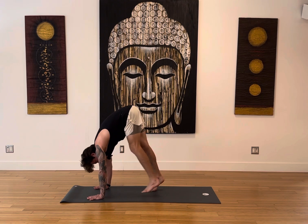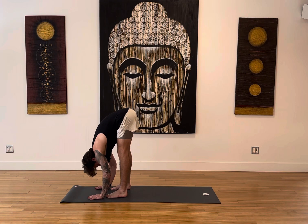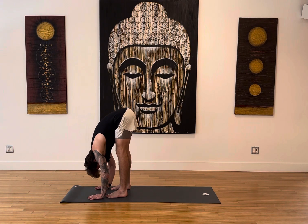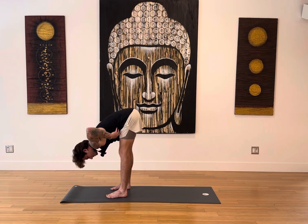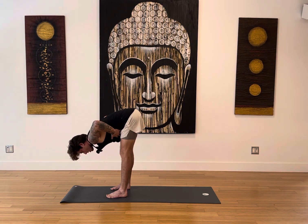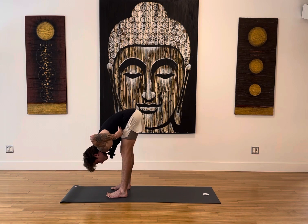A few steps forward, feet are gonna land behind the hands. Now, forward fold, we just allow the torso to drape over the tops of the thighs, the head, the neck, and the shoulders hang heavy in space, lengthening through the backs of the legs, just letting gravity pull you closer and closer into yourself. Now, we can think about the position of our low belly and of our ribs. The stronger we are through our core, drawing in and down, the more space we can create to really press our chest, our belly in towards the tops of the thighs. So we're literally eliminating the space between ourselves, which allows